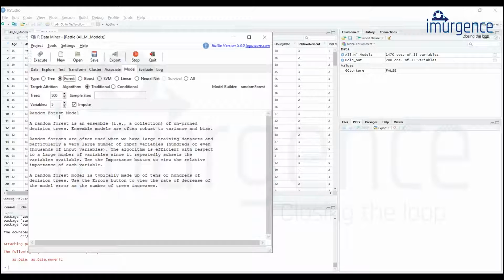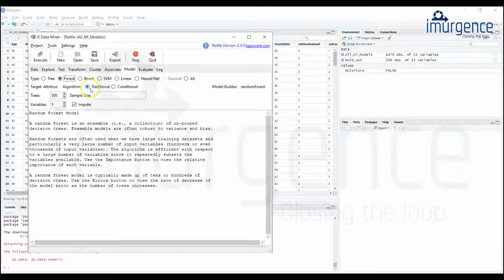Again, randomly a variable is selected. So say for example, in this case we have 33 variables, so 5 variables at random without any base would be selected from the 32 variables, because one is a dependent variable and 32 are independent ones. So out of the 32, 5 would be randomly selected at any node. So at the root node, out of the 32, 5 variables will be randomly selected. Then based on the variable importance, one of the features would be finally selected to bifurcate the data. Next node, again the same process will be followed. So this is going to be a normal process.